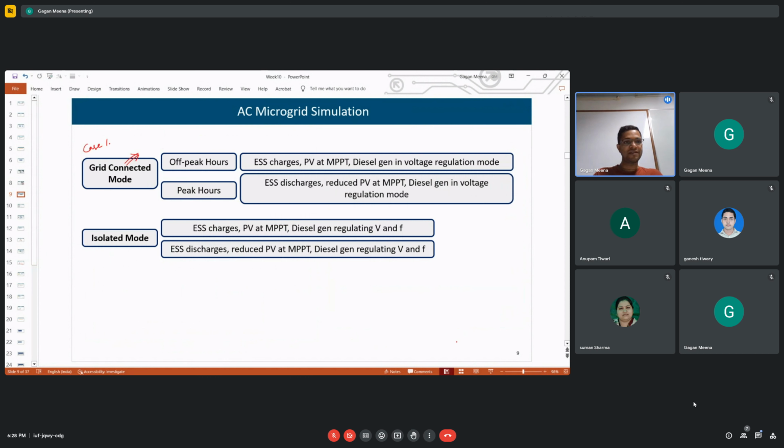Reliability will increase. Yes, correct. Reliability will increase because if we have excess generation in one of the microgrids and lack of generation in the other, then the first microgrid can supply the load of the second microgrid. That is correct. We can also have better utilization of renewable energy resources in both the microgrids. So we can operate the RE in MPPT mode